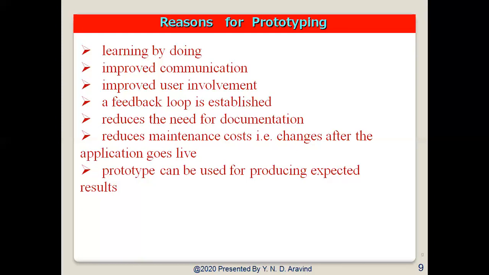Already we have rectified those problems in the prototype stage itself. That's the reason its maintenance cost will be very less. And prototypes can be used for producing expected results. Why do we get expected results? Because we have tested them initially with our own vendors, with our suppliers, or with our stakeholders who are involved